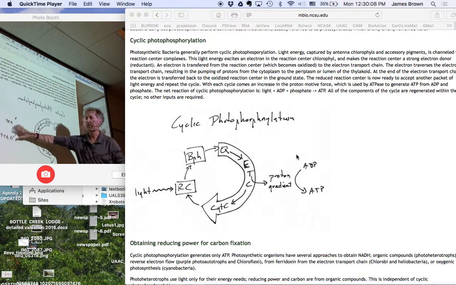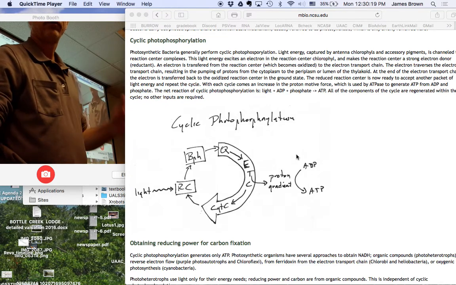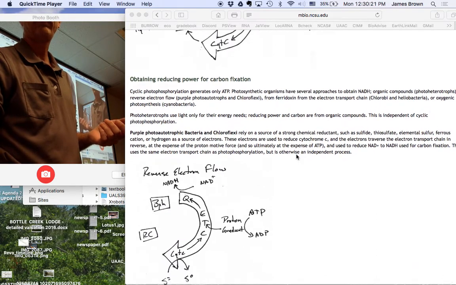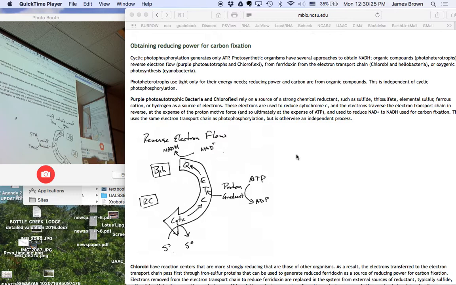Well, you don't consume ATP, you don't want to. And so the only thing that's consumed in this is light. The question then becomes, if you've got all the energy you need, what's the next rate limiting, growth limiting thing? It's carbon. So a lot of these organisms use a similar or related mechanism to fix